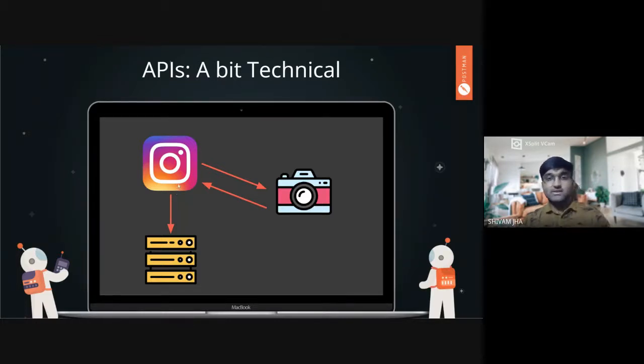I mean, obviously, why would Instagram allow you direct access to their servers? It has all the personal photos of its members and its users. So whatever image you capture goes to the Instagram API. It applies the effects, it applies the filters from the libraries that are already there, and then it stores it to the server. So this is what a technical use of an API can be.